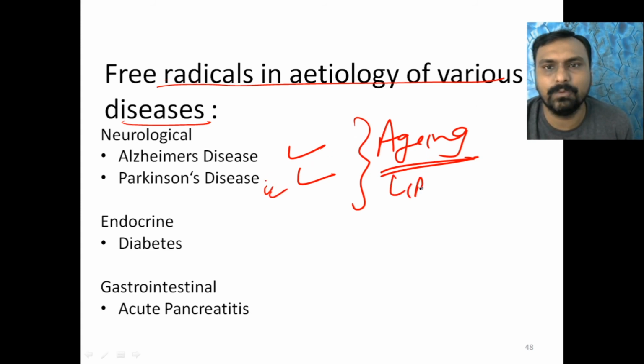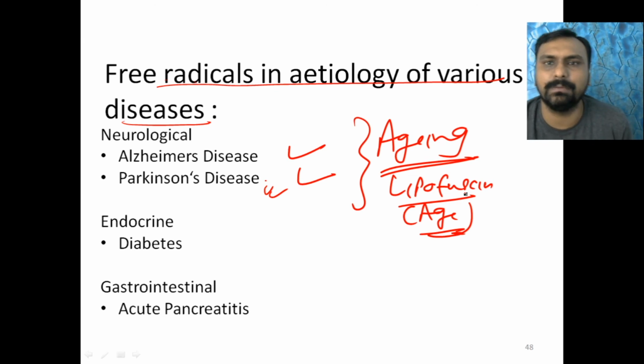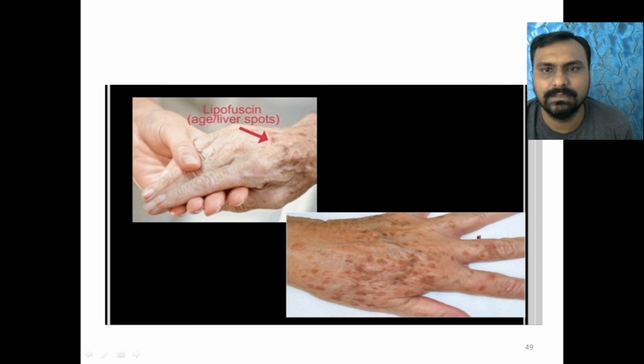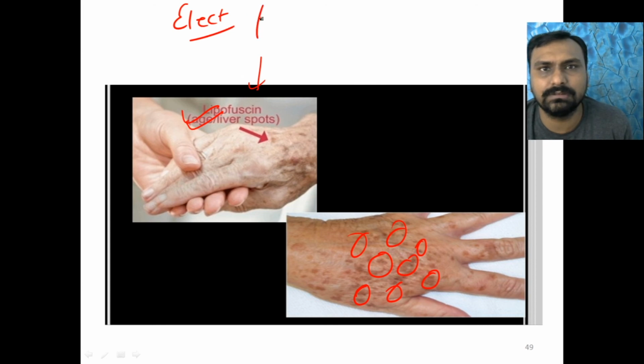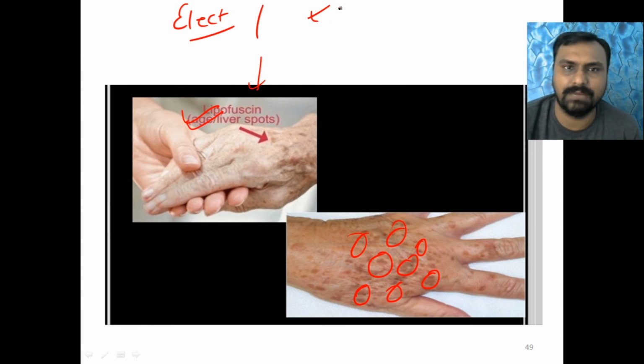Okay, there is a lipofuscin pigment. The typical age spots that you see in old age people are because of free radical injury. So you can see here, these are the pigments. You can identify, these are the lipid pigments. They are called lipofuscin because of the aging. Why does this aging occur? Because of electron leakage or exogenous substances, the stress, everything leads to free radical generation, and that can damage our cell membrane.